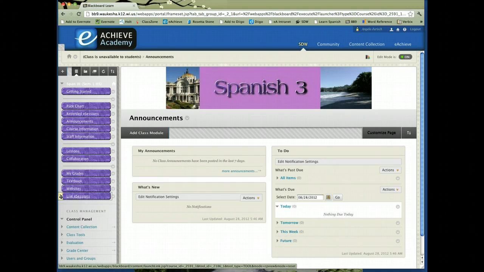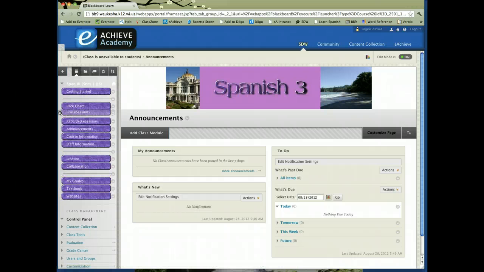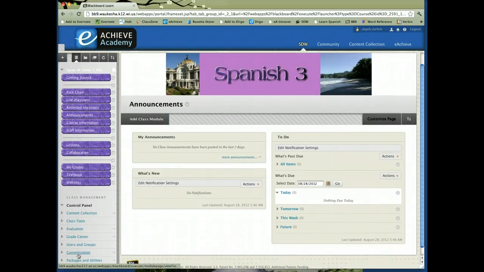Then we need to put the button in the order in the menu where it belongs, so scroll it up to above Recorded eSessions underneath Paste Chart. Now, to make sure that the students and you have access to Collaborate, you need to set the tools in the Customization menu. Scroll down to Customization,